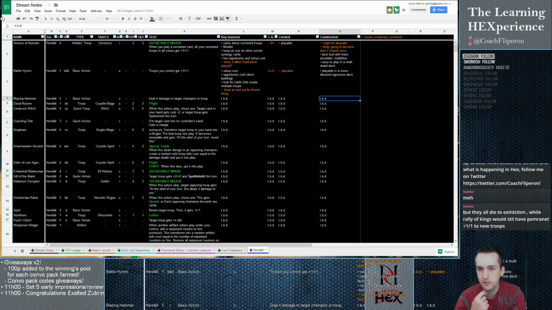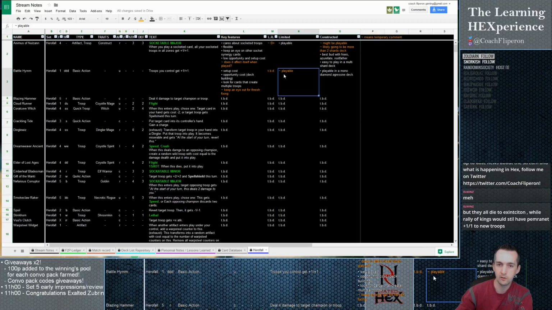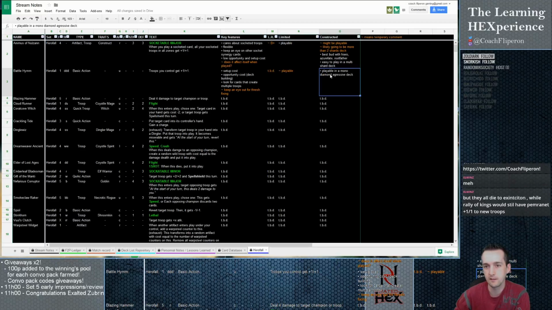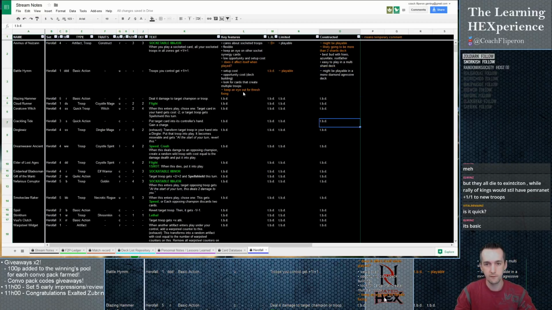True. But you use that to push damage and then be okay. And you might build your deck playable in a mono diamond aggressive deck. I really think that this is one where you curve out or you flood the board with troops and then you do that. This might be playable in a mono diamond aggressive deck. We'll see what other cards there are. There might be support for this card in the set, right? Keep an eye out for